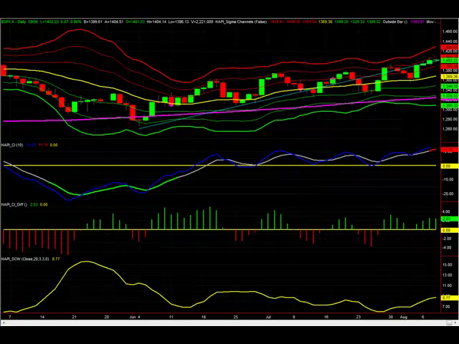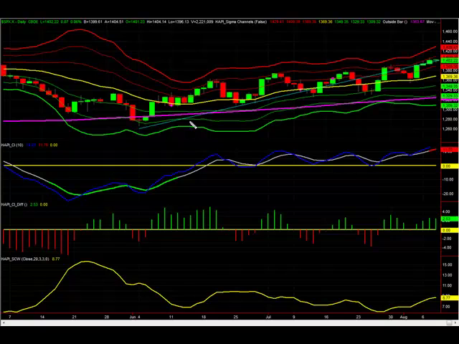Here we have the daily chart for SPX. Lots of important things happening today. We were able to confirm the close above this trend line, which is important here, and we are staying between the +1 and +2 sigma channel, which is constructive for the market to go higher. As an upper target on the 3 sigma, we're still looking for 1429. Remember, that is not going to be an overnight target. That's a longer term range. That is the 3 sigma on SPX.